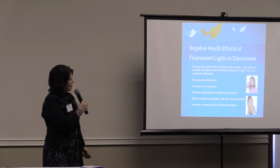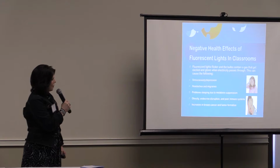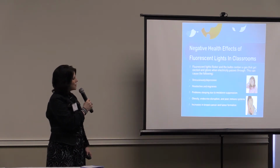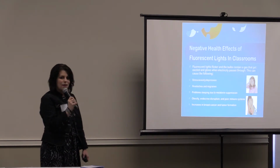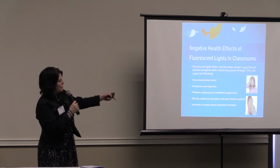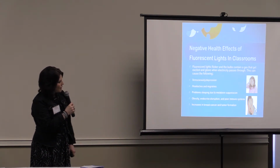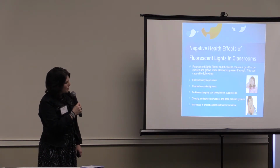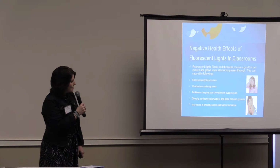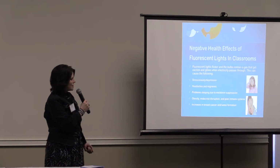And then the negative health effects of the fluorescent lights in classrooms. Fluorescent light flickers, and the bulb contains a gas that gets excited and glows when electricity passes through. And this can cause a lot more than this, but these were some of the top ones: stress, anxiety, depression, headaches, migraines, problems sleeping due to melatonin suppression, obesity, endocrine disruption, poor immune systems, and even increase in breast cancer